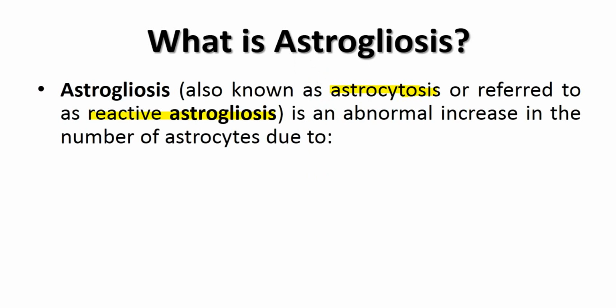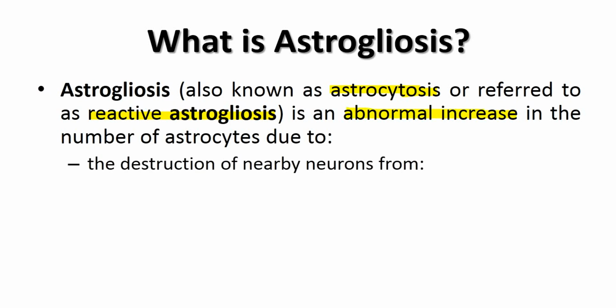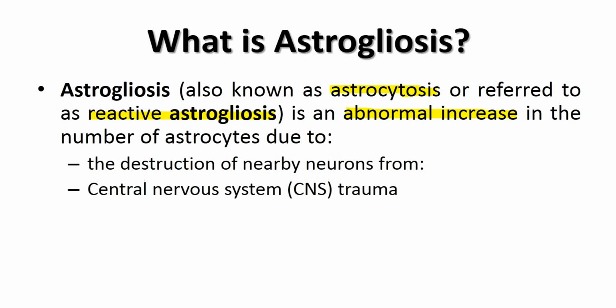What exactly is it? It is an abnormal increase, not a normal increase, in the number of astrocytes, and this increase can be due to various reasons. One of the major reasons is destruction of the nearby neurons. And what are the reasons why nearby neurons are destroyed? These nearby neurons are from the central nervous system. They are destroyed because of trauma. What kind of trauma? The trauma can be infection, that is neural infection or glial cell infections or brain infections,